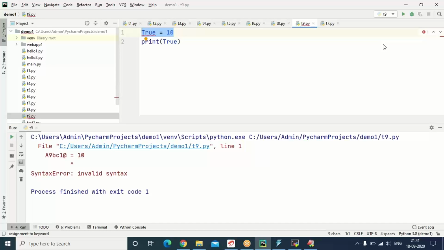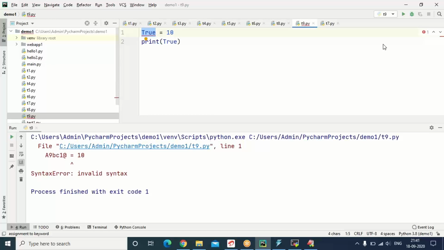No keyword can be chosen as a name to the variable, as an identifier to the variable. No keyword can be named to the function. No keyword can be named to the class, named to the reference, named to the package. Wherever names you are choosing, you should not go for keyword.